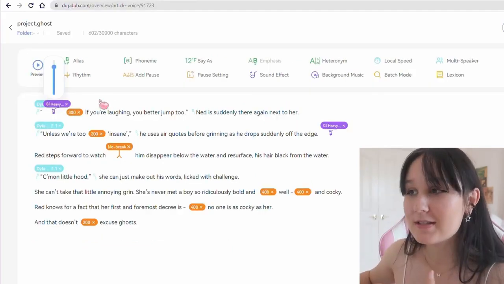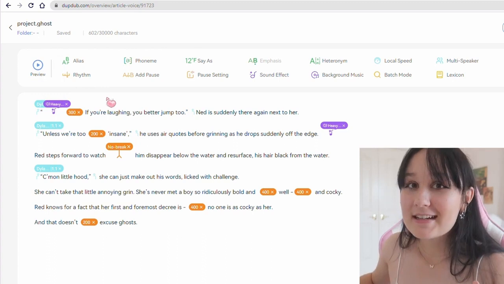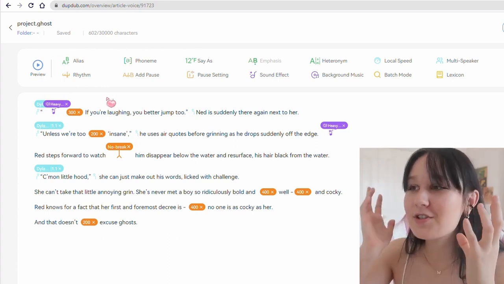As you guys saw, I used a splashing sound effect, which helps me visualize the scene so